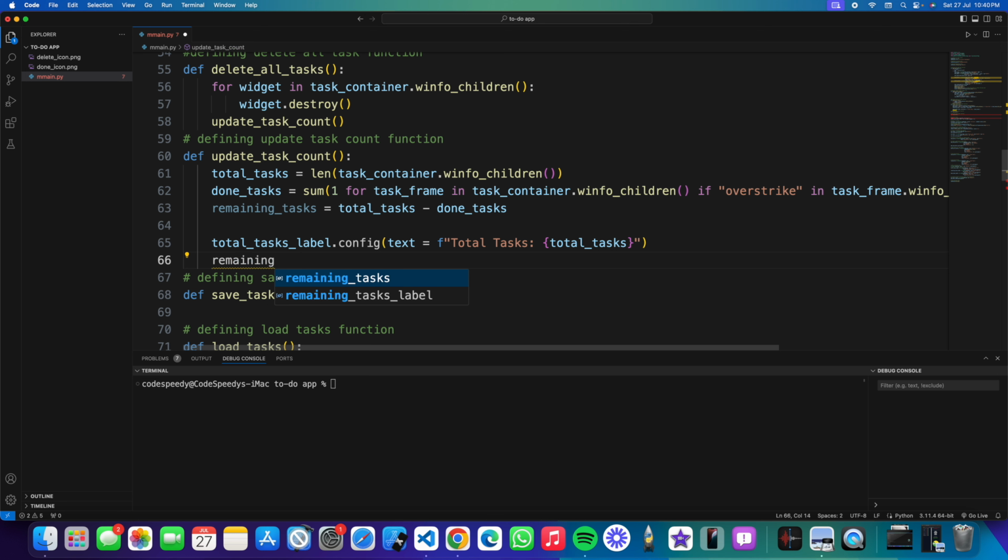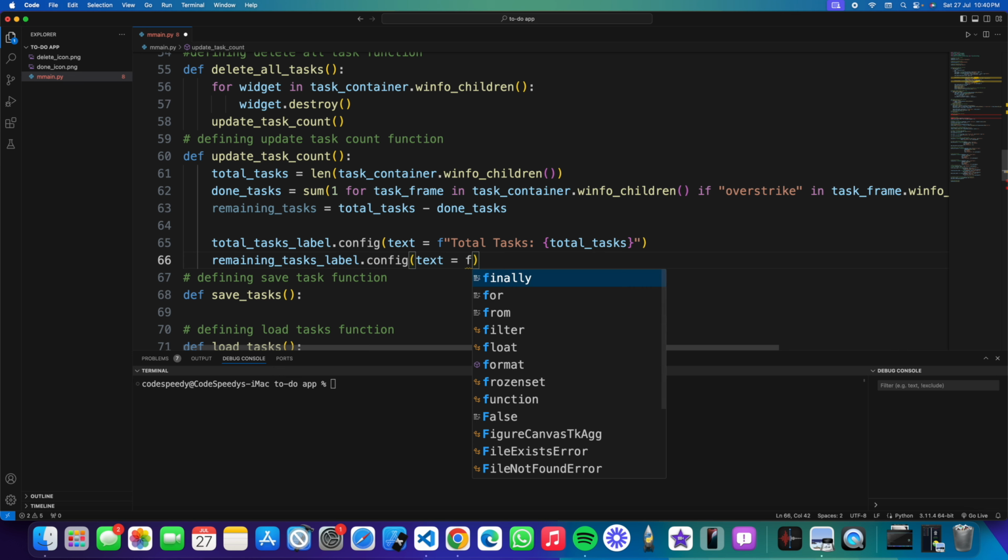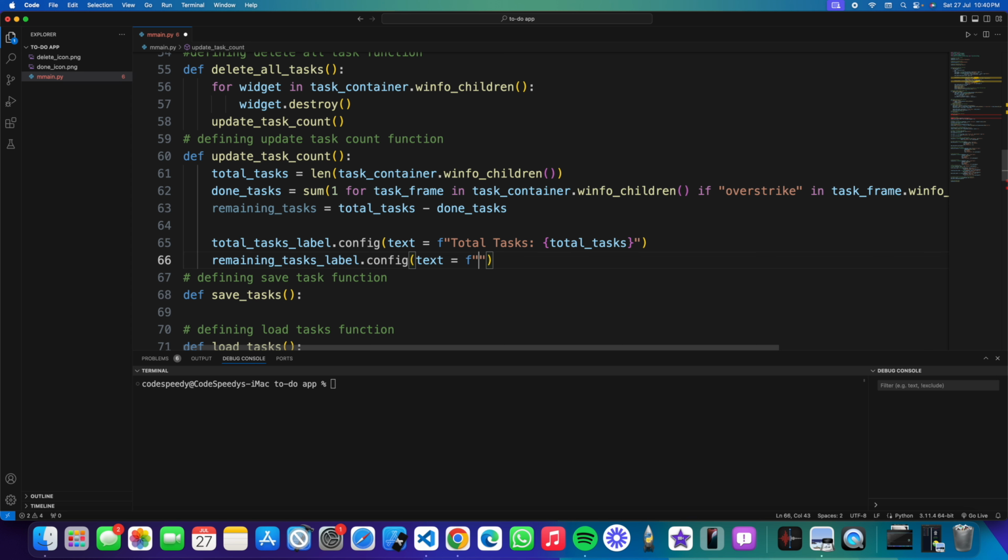Then remaining task level dot config, and inside this I'll do the same thing. Text is equal f string remaining tasks. Inside this curly braces I will be putting the remaining task value,